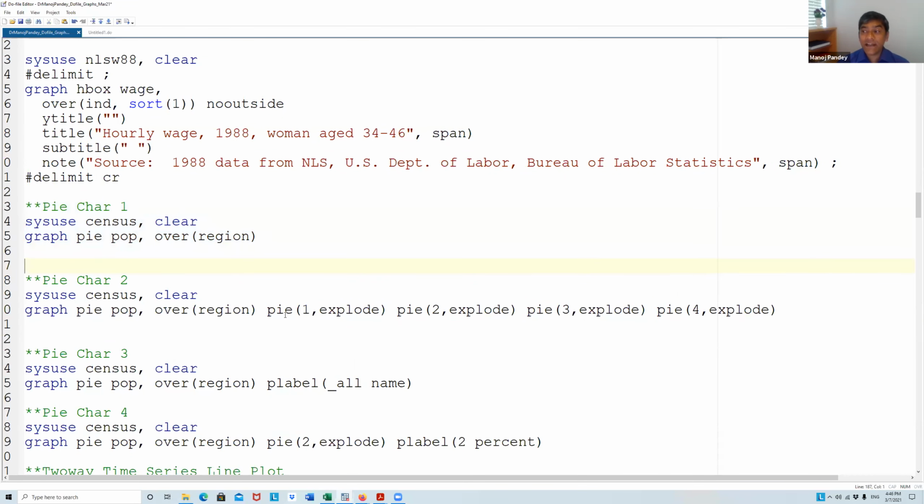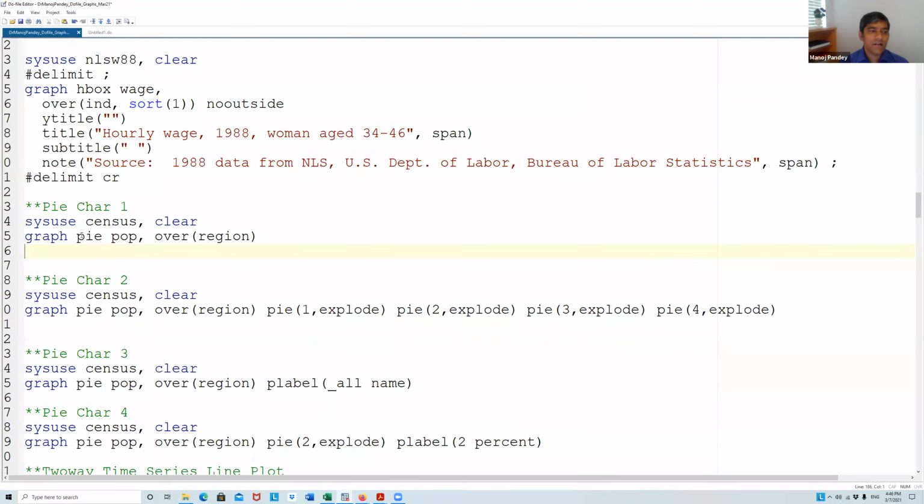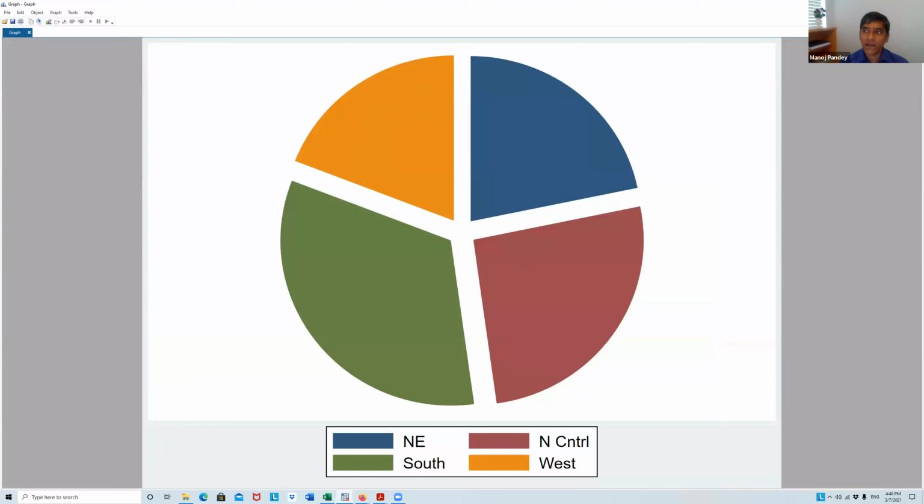I know that the pie chart is our favorite chart, but I hate it. And I don't advise anyone to use a pie chart because it is quite misleading. But first, I think this is the first chart we learned whenever we do this. So you can have pie and then population. Okay, you can have another chart like this type of pie chart.